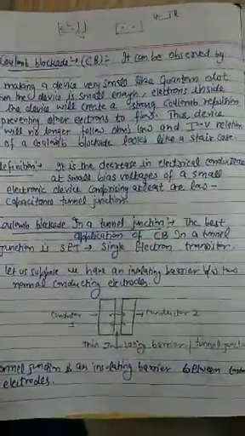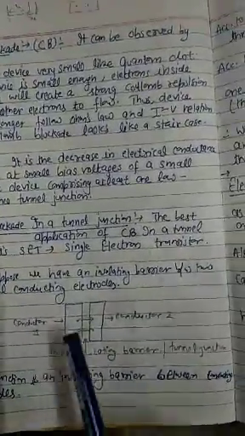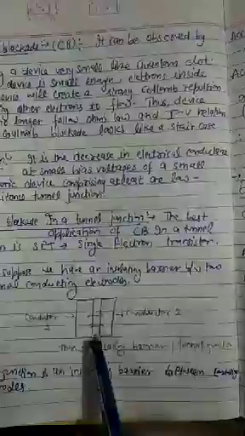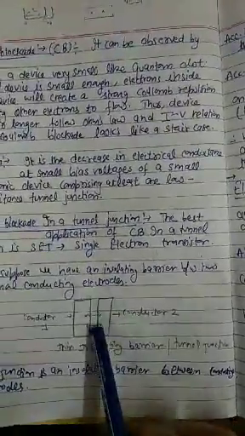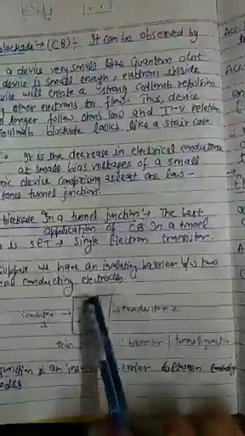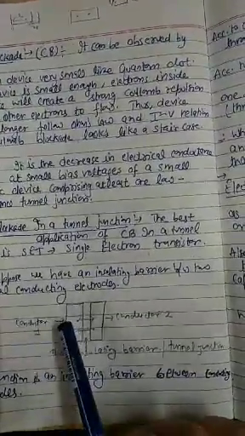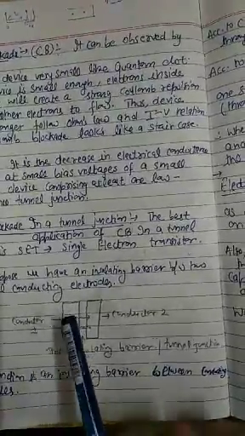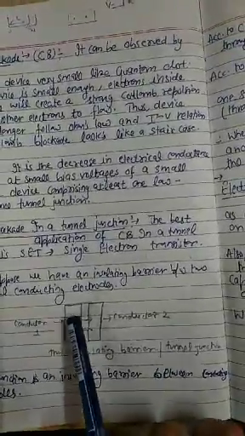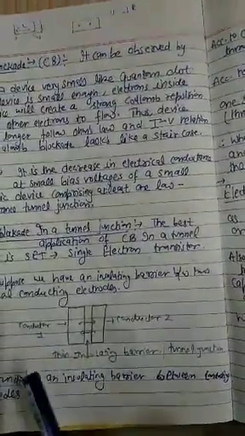In Coulomb blockade, in the case of a tunnel junction, let us suppose we have two conductors and both of them are separated by a thin insulator, which in classical electrodynamics is a thin insulator, and in quantum mechanics it is a tunnel junction. Whenever we are applying a very small potential, why small potential? So that the electron gets sufficient energy that it can cross this barrier, cross this tunnel junction and tunnel to the other side.